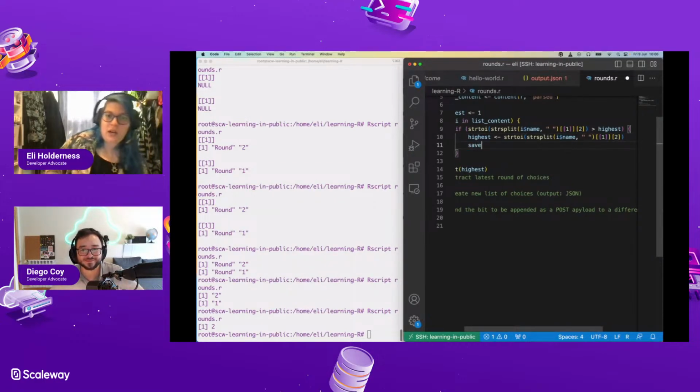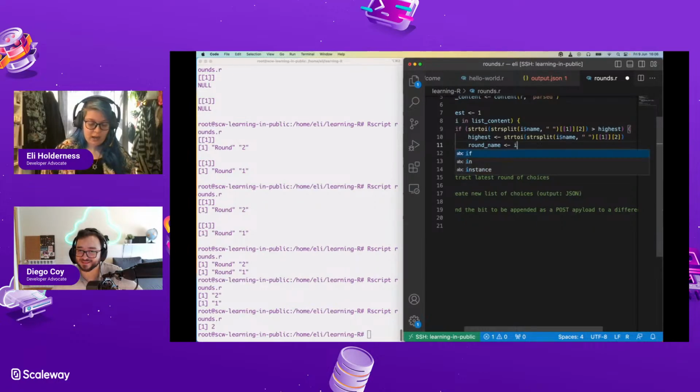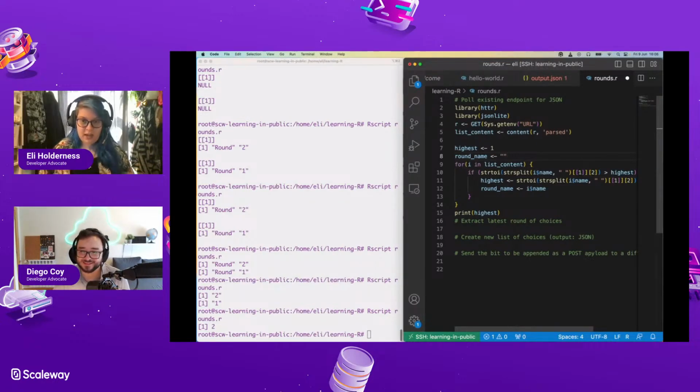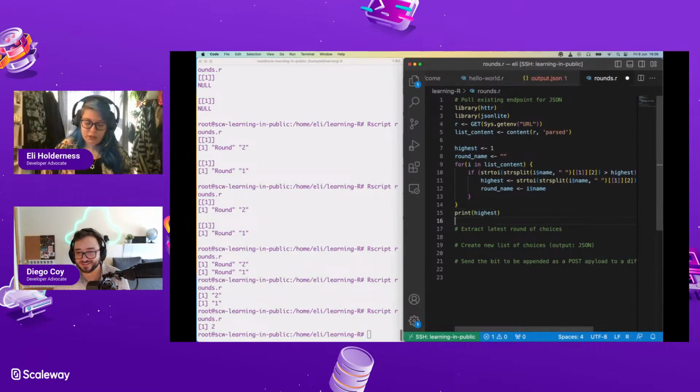So round name is, it's weird that it does this arrow instead of equals. I'm so used to equals in every language. Round name is $name. I want to save that off. And I'm just going to do round name is the empty string here. And then I'm just going to print the round name just to double check that it's doing what I think it is.